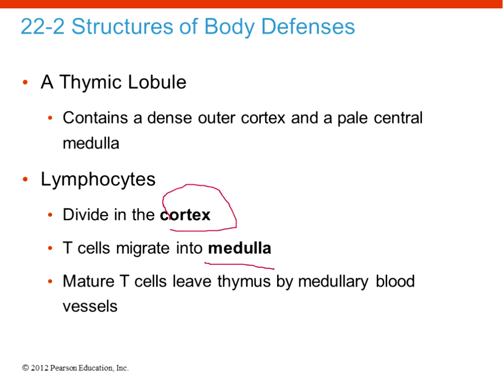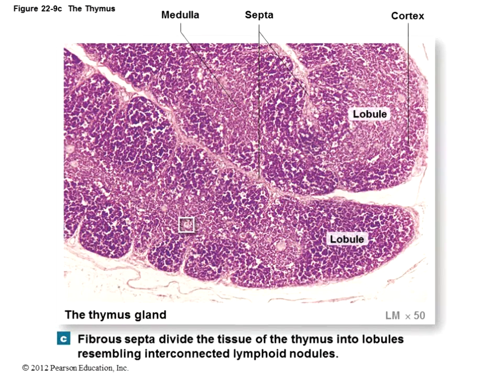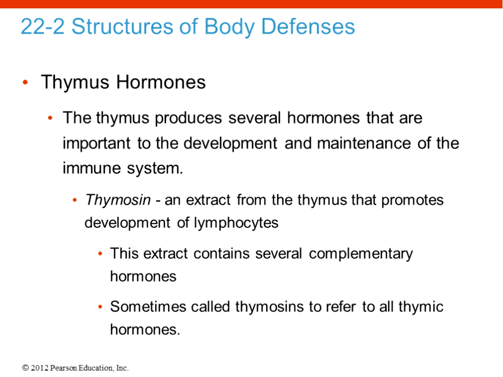Lymphocytes divide in the cortex, T cells migrate in the medulla, and then ultimately leave the thymus into the blood vessels and beyond the body. And so here's just a histological section of a lobule of the thymus. Okay? So as I said, there are these thymic hormones that help the development and the maintenance of the immune